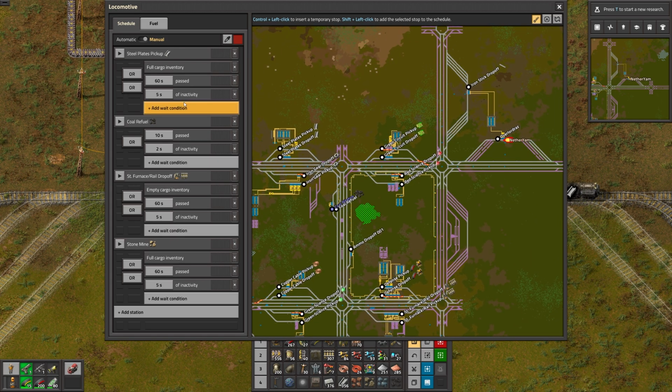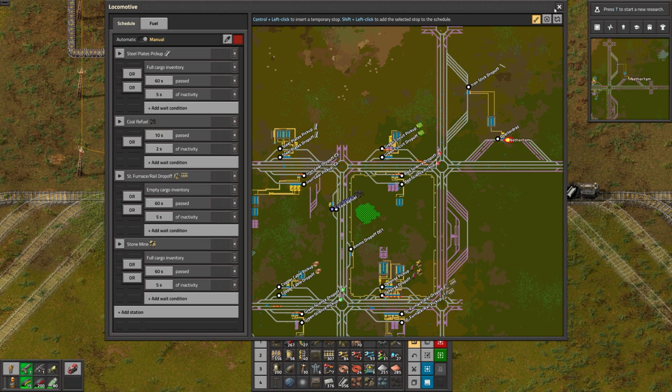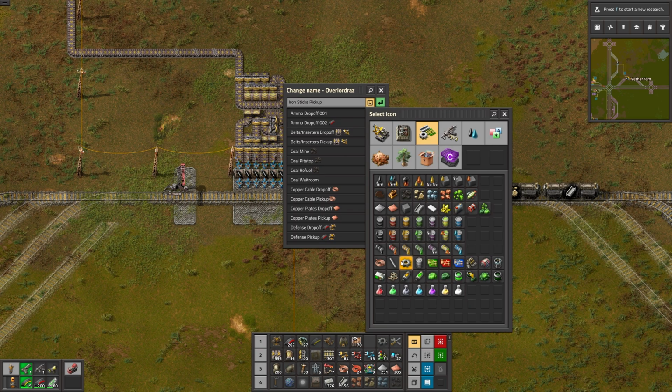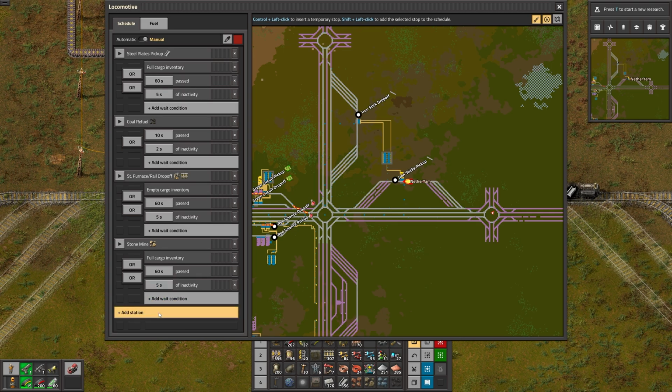Actually, you know what? I think I'm gonna go ahead and put... Oh, I didn't actually name it. Hold on. Sorry. This is gonna be iron sticks. If I could spell sticks. Nope. Pickup. Little iron stick icon. We're good to go. Okay, I'm gonna add iron stick pickup